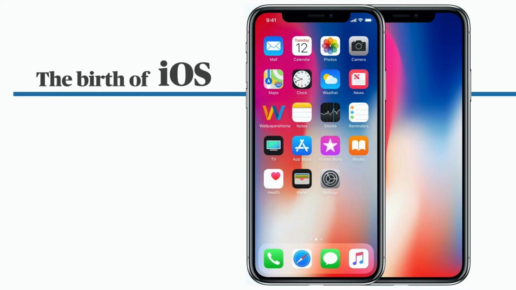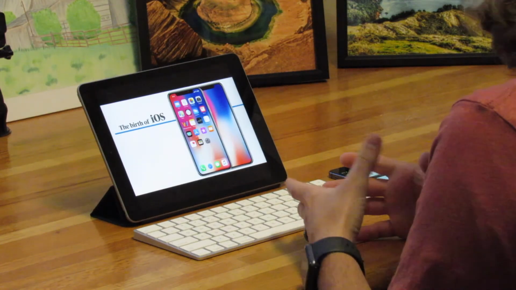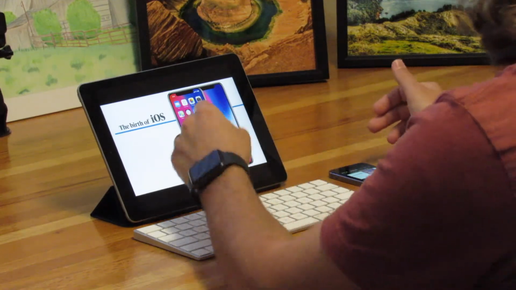They incorporated all the things from the iPod and built it into an interface that works for today. And so we have iOS on our iPhones. We have small versions of it that run on the Apple Watch and the Apple TV. Apple has incorporated this into many different things, including the iPad.